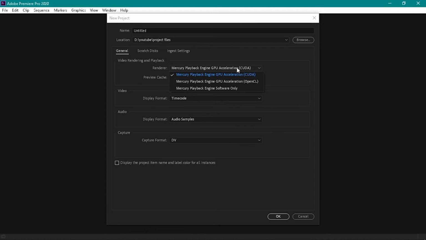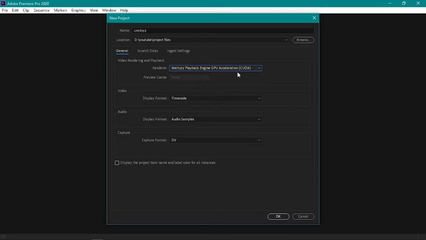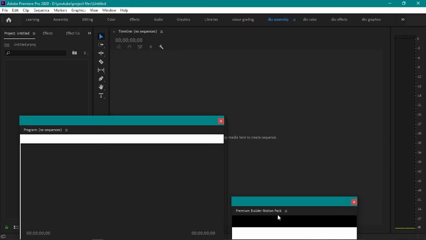I would still prefer CUDA because in my case it works faster than that. So I will click on GPU acceleration. So this will enable the GPU acceleration for Premiere Pro because we already enabled GPU acceleration and processor for the Windows. This will use those settings and it will make it much faster. So click OK. In this way we are making Premiere Pro much faster by enabling GPU acceleration by using the NVIDIA GeForce GTX processor.